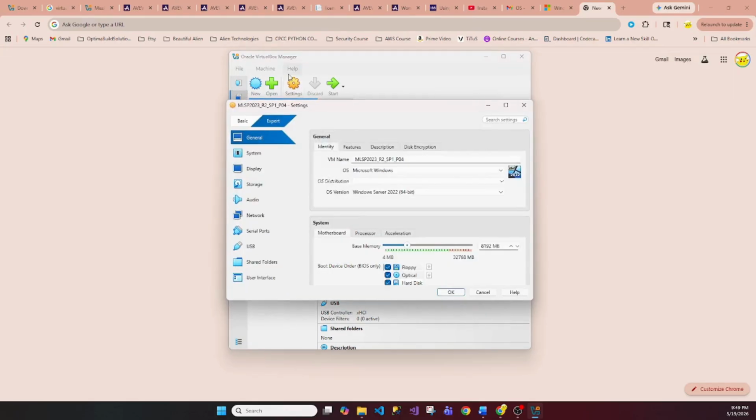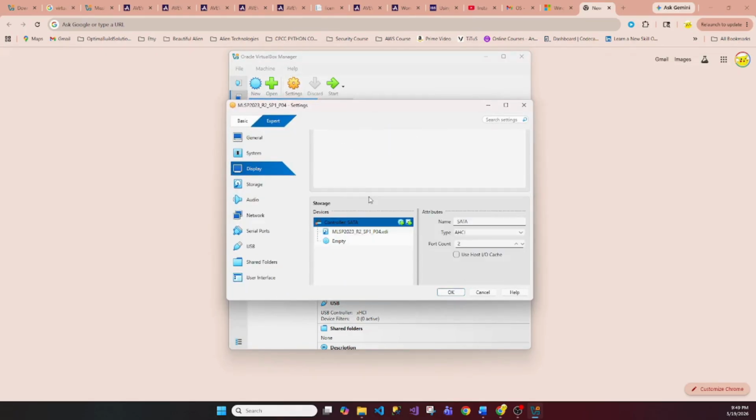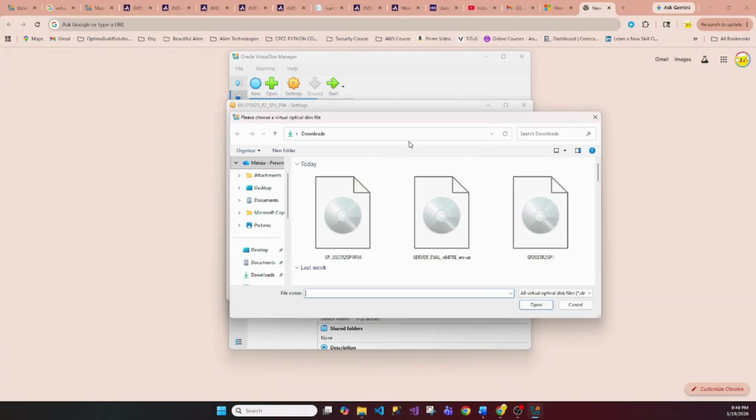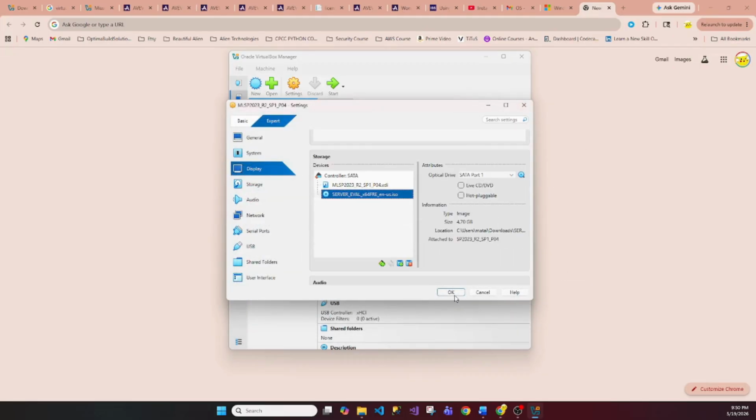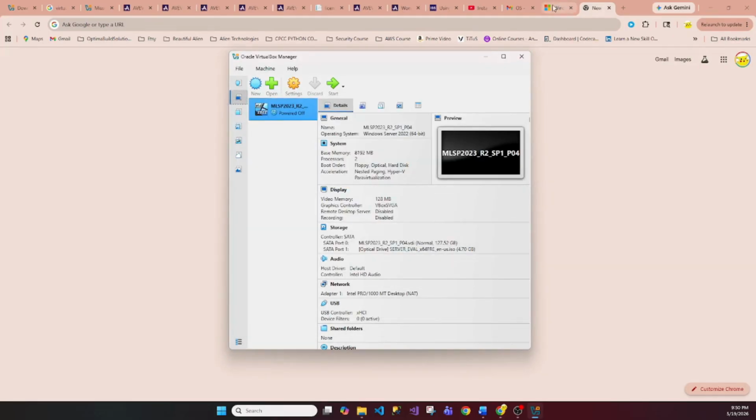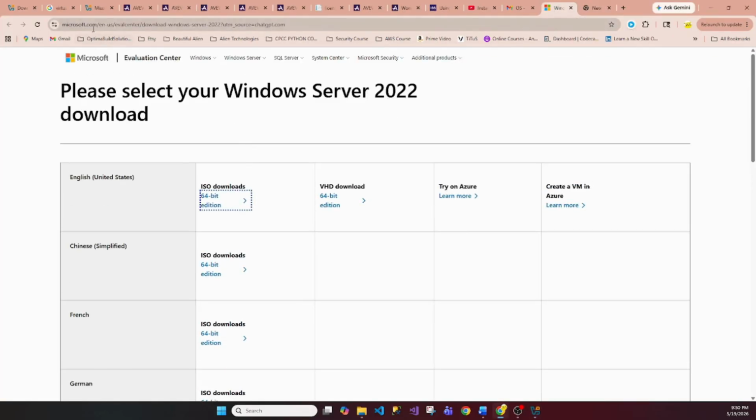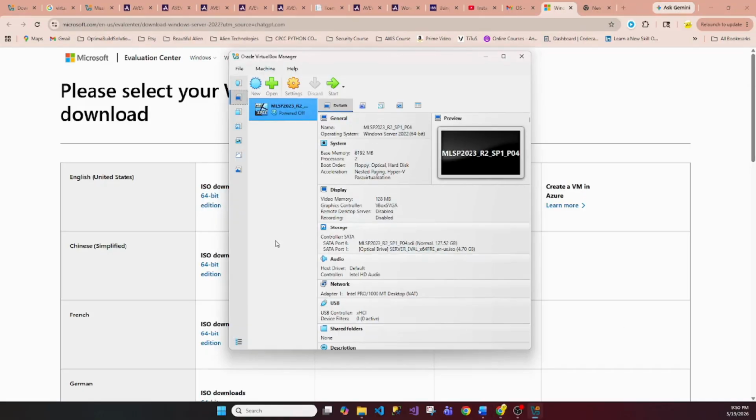Now that we have it, we're going to come in here. We're going to go down to storage. We're going to go to empty here. Going to come here. We're going to choose our file because we already have it downloaded. And this is our file. That's our Windows Server 2022 that's downloaded. We're going to go ahead and click OK. And if you're wondering where I got that from, I got it from this link here. So now that that is attached, the next thing that we want to do is go back